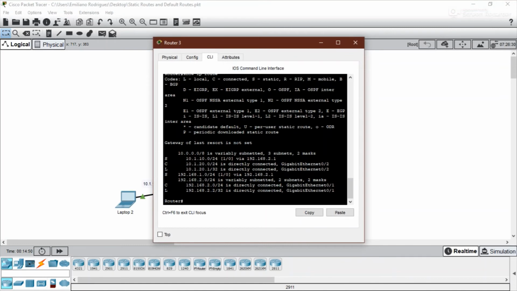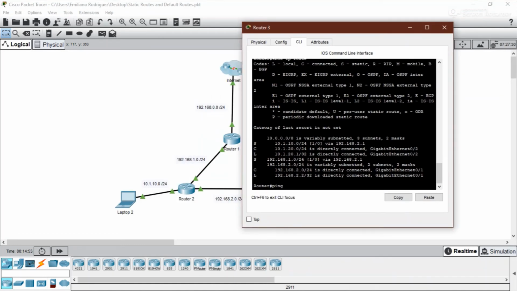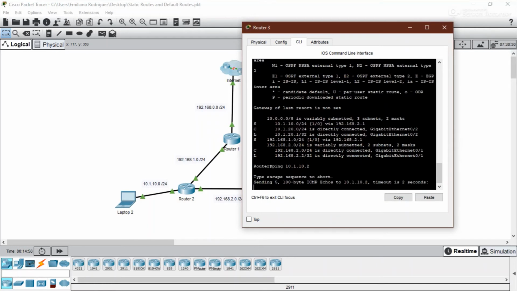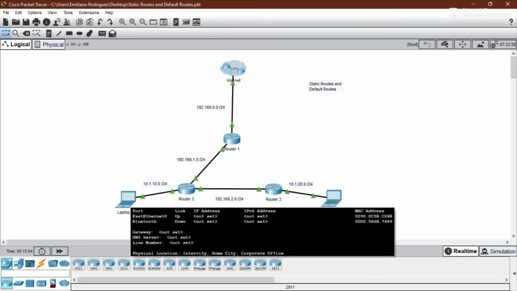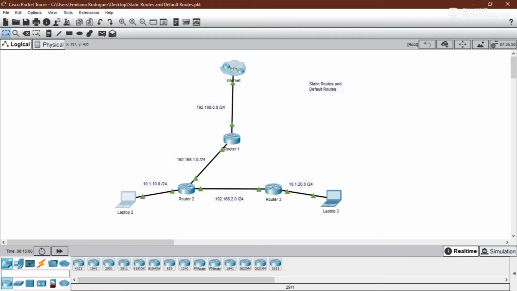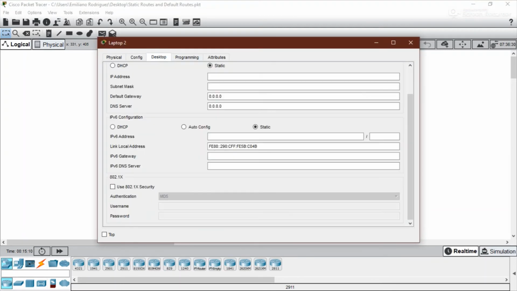Can router 3 ping laptop 2? 10.1.10.2. We have not set an IP address on laptop 2 yet, so there is no point trying to ping an IP address that does not exist. That's my fault. I forgot to configure the IP address on laptop 2,